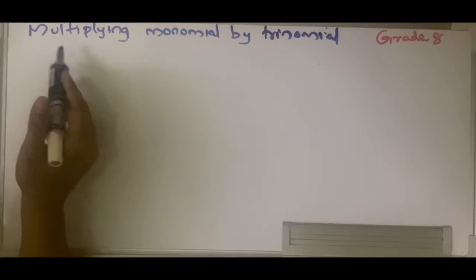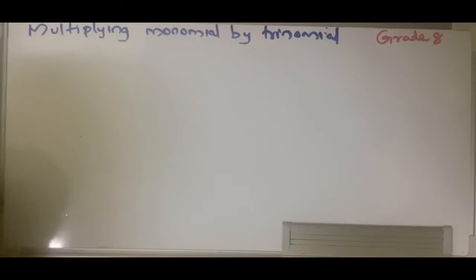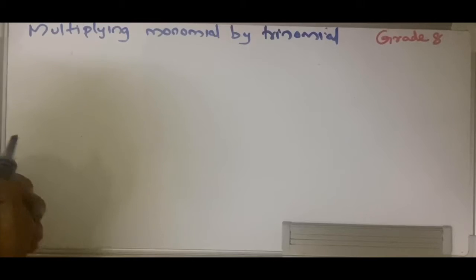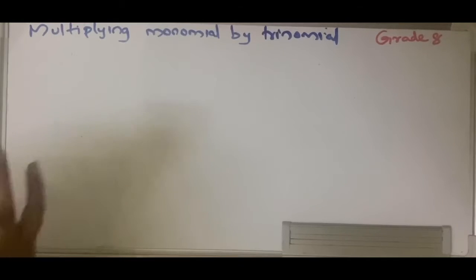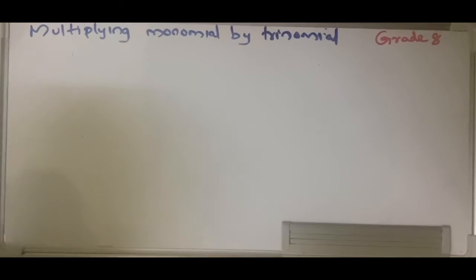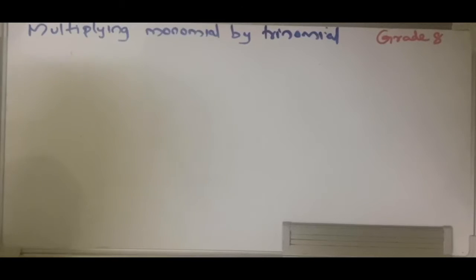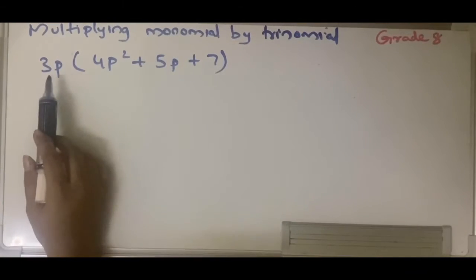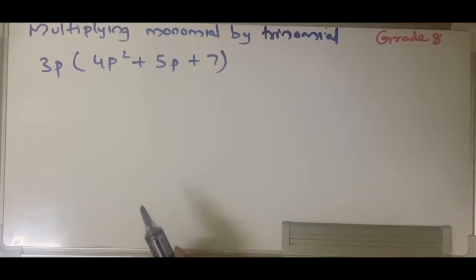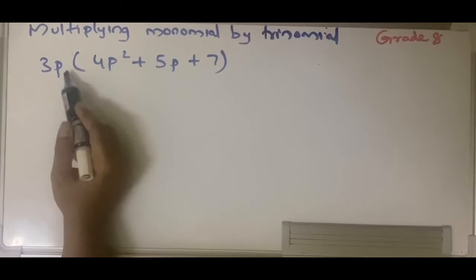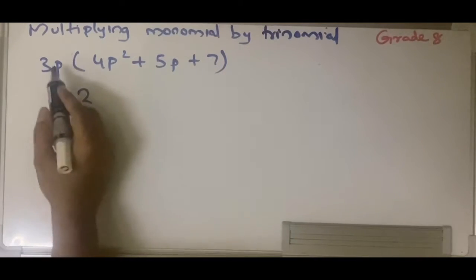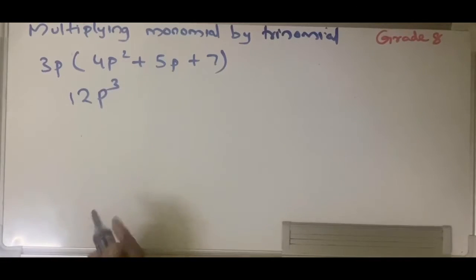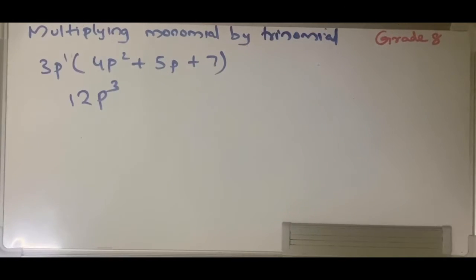When it comes to multiplication of a monomial by a trinomial, you know that a trinomial means it has got 3 terms in it, right? So it will be the same method, like you have a bracket where you have 3 terms in it. So the monomial that you have outside, you need to multiply with all the 3 terms in the trinomial. Let's look into an example. If you look into this example, I have a monomial and I have a trinomial, right? So first I need to multiply 3p with 4p square. So what am I going to do? Numbers I multiply, I get 12, and p times p square, I get p cube, because nothing means you put 1, p raised to 1 it will be, right?